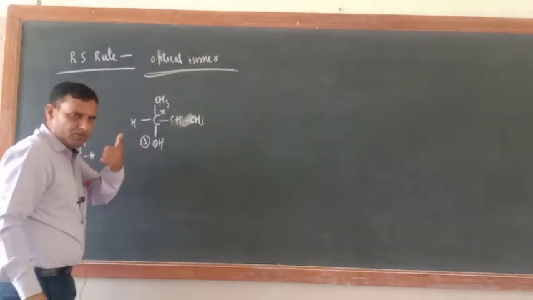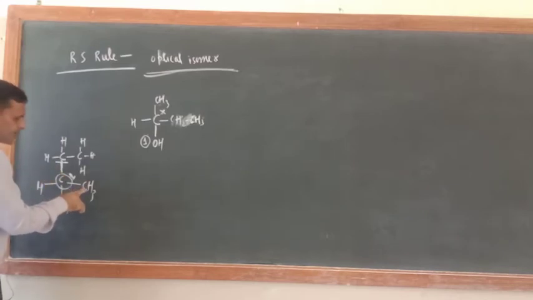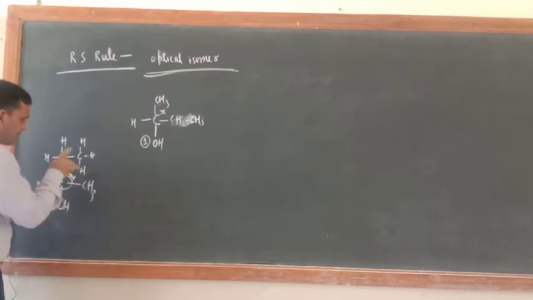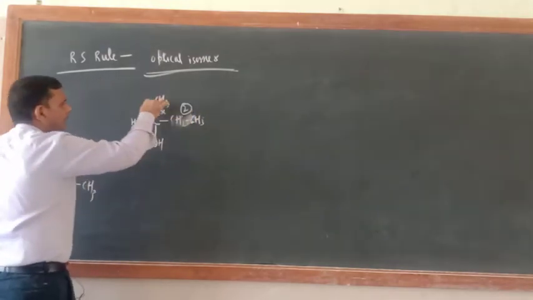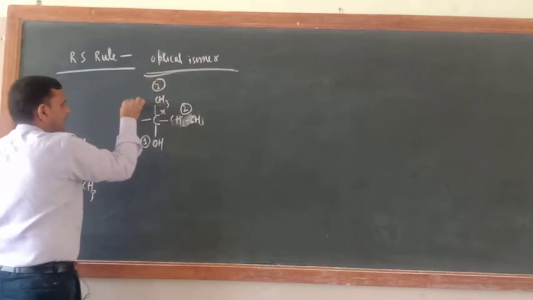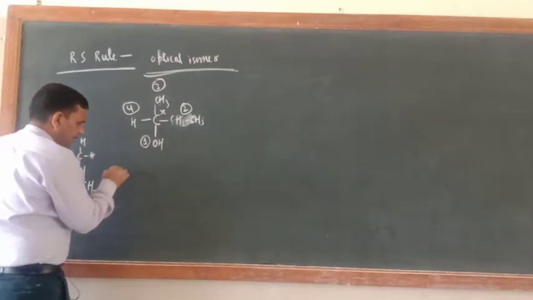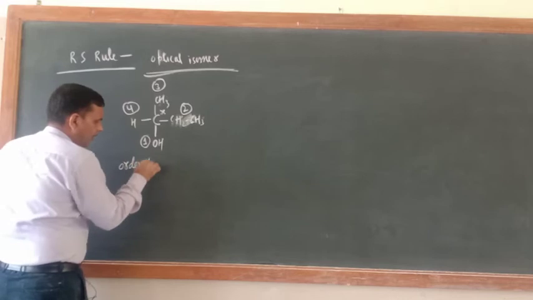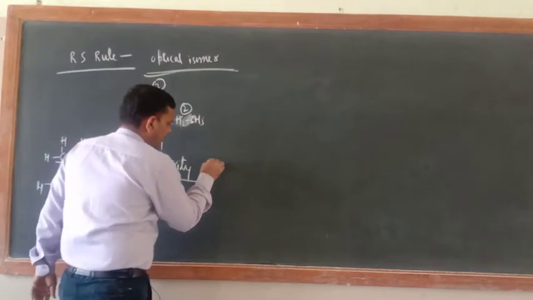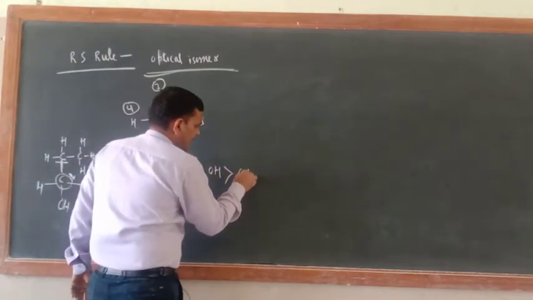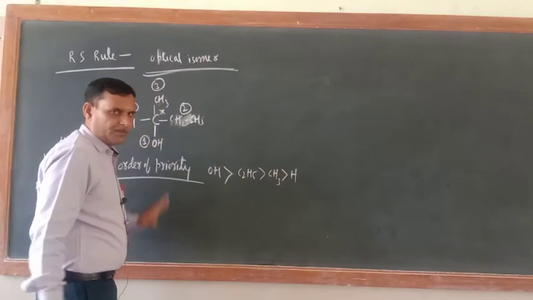First point of difference rule. Just see, after C what is there? In CH3, after C there is HH, but here after C another carbon atom is there. So this will get the priority, second. And now this will be third, and hydrogen's atomic number is least, so this is the fourth one. So what is the order of priority? The order of priority is OH, then C2H5, then CH3 and H. Okay, no problem at all.